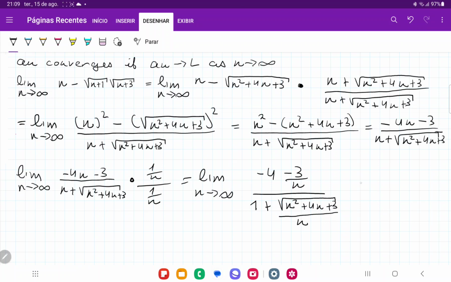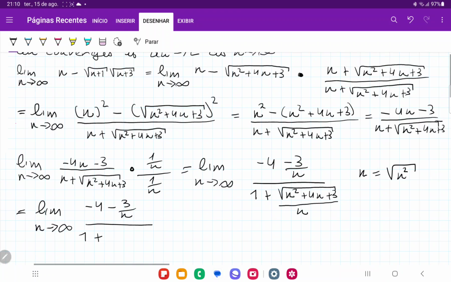Okay, and now I want to further simplify this part. Remember that n is equal to the square root of n squared. These cancel out, right? So I'm going to turn this n into the square root of n squared, so that I can put it inside this root and simplify everything. So this is going to be equal to the limit as n approaches infinity of minus 4 minus 3 over n divided by 1 plus, and now I'm going to put everything in the root. So that's n squared plus 4n plus 3, and all of this divided by n squared,